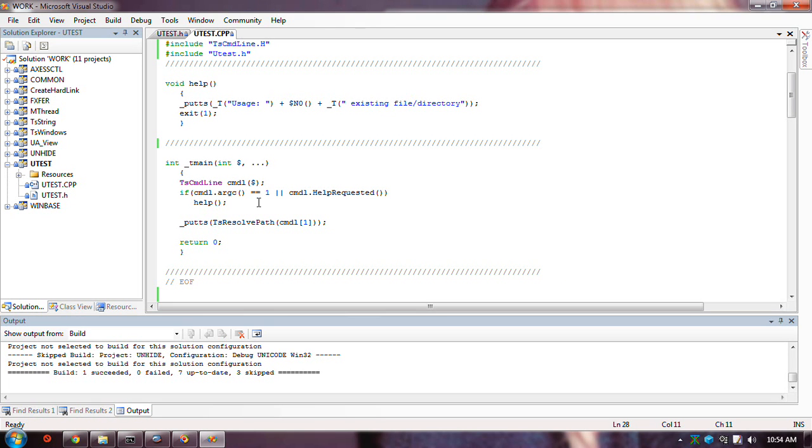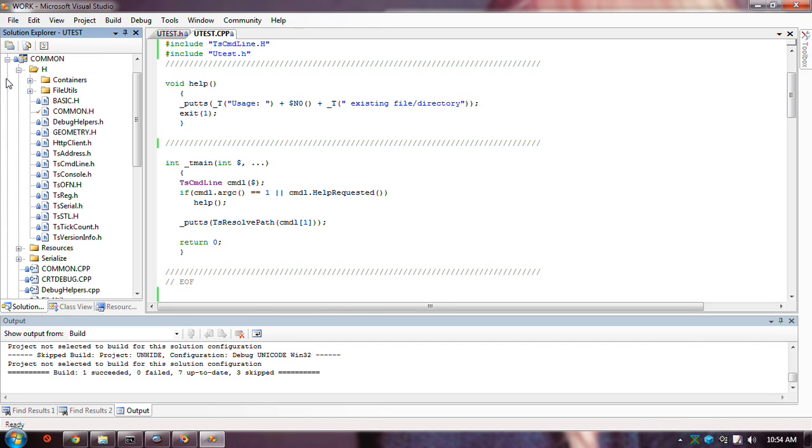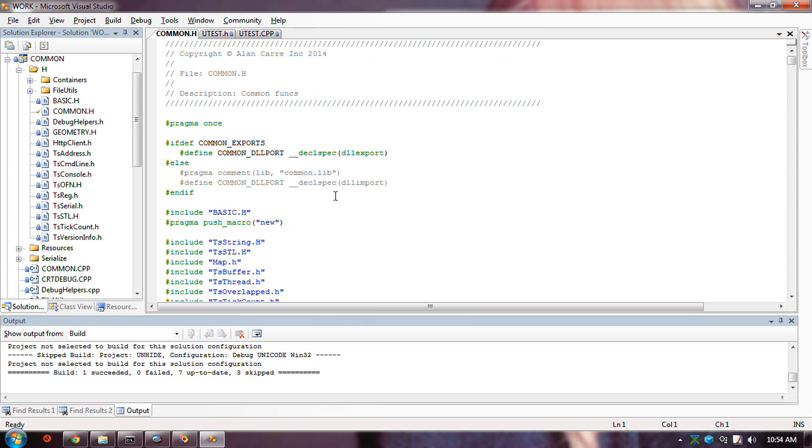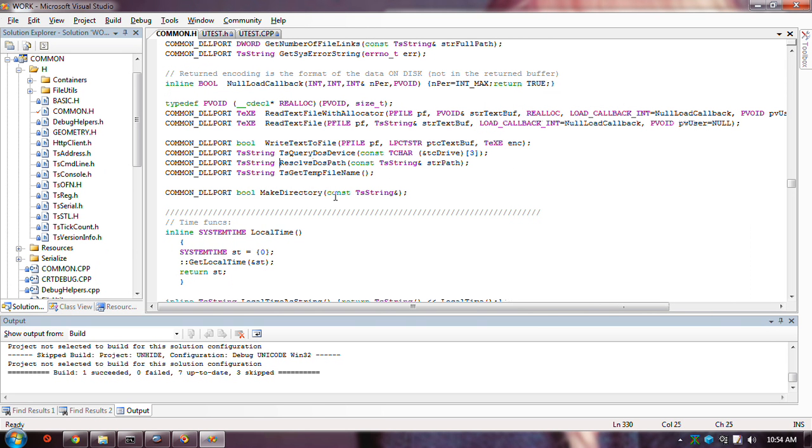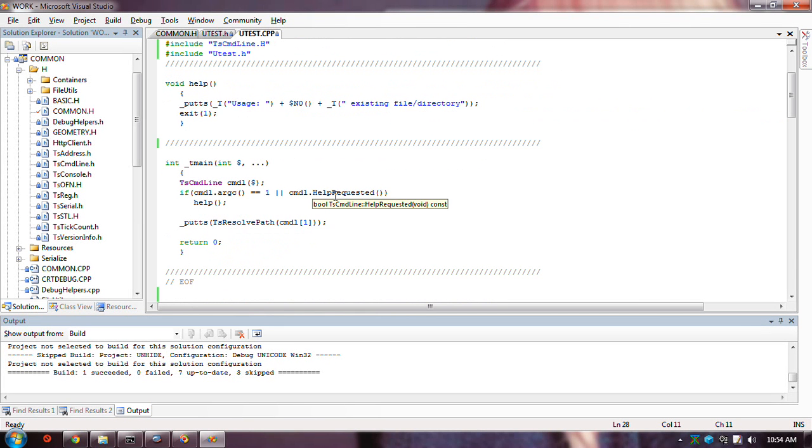I'm just going to replace the code in TsResolveDosPath, which is declared up here, I think. Yeah, I'm going to replace the code inside here. Well, actually, the function calls this, so maybe I'll add an extra.